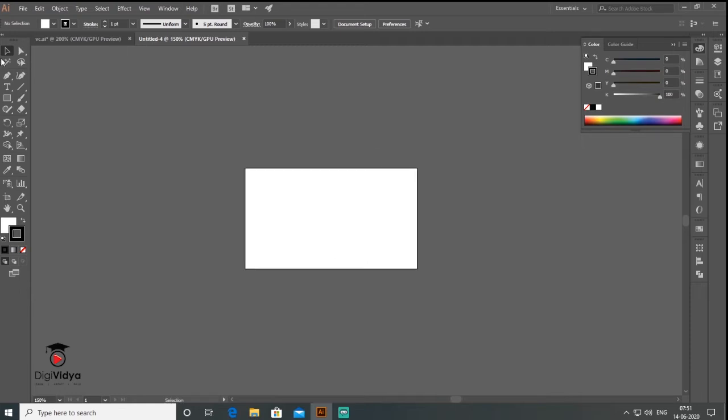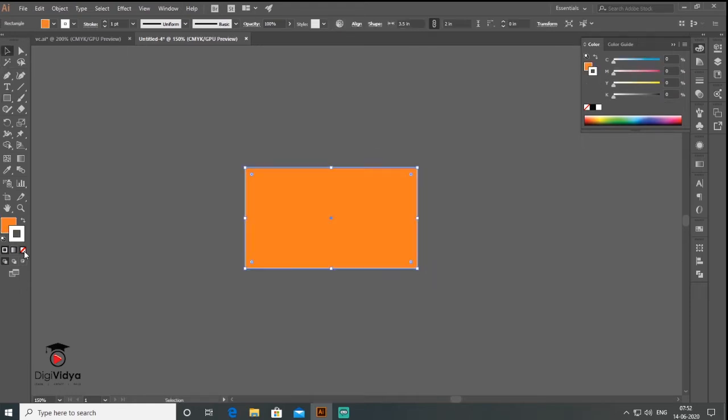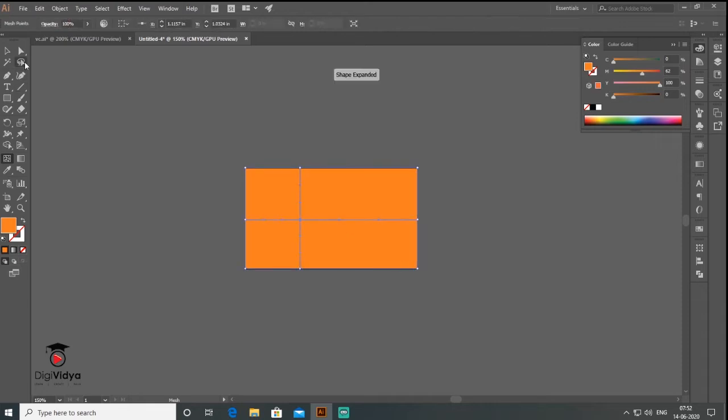For my visiting card design, I make a rectangle. Stroke color is none. I want to put some gradient type of colors. So here I have a tool called the mesh tool. This is gradient mesh. So I click in here and I have a lasso tool. I select all these anchor points and change the color.